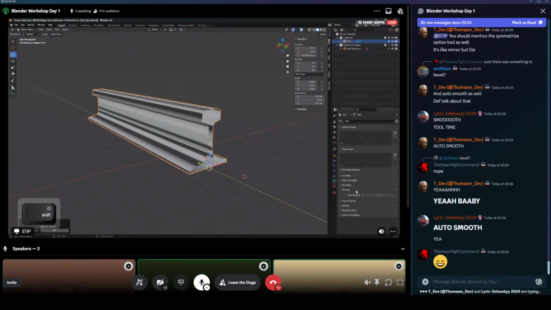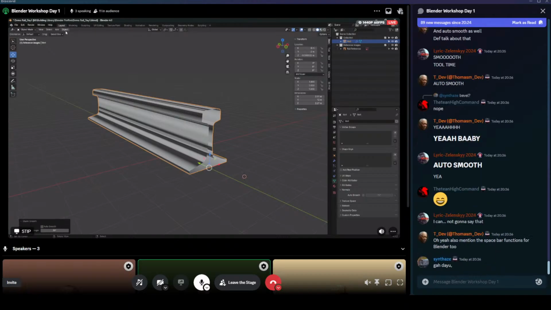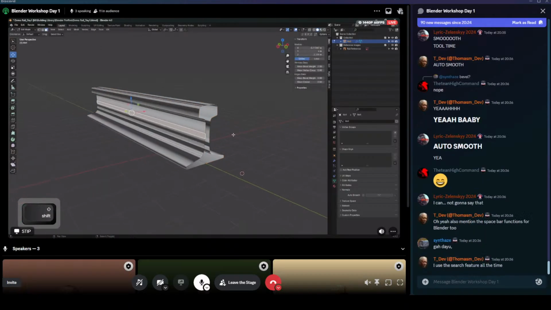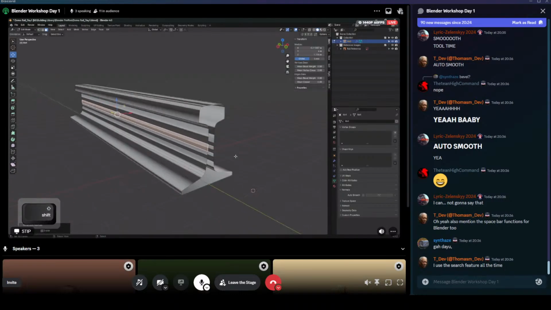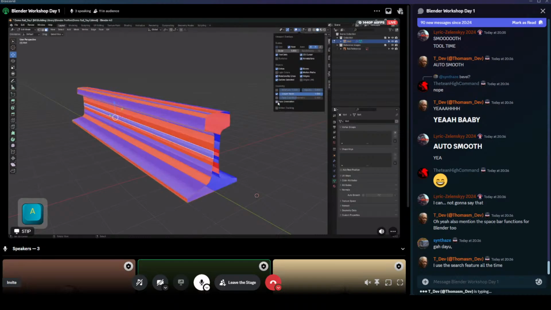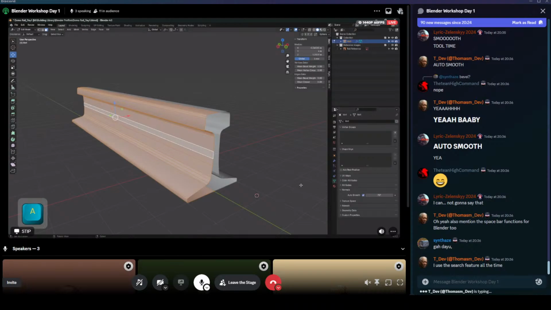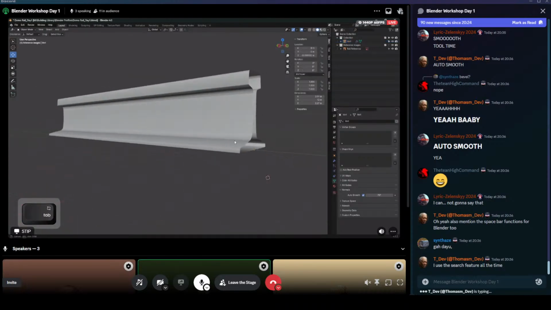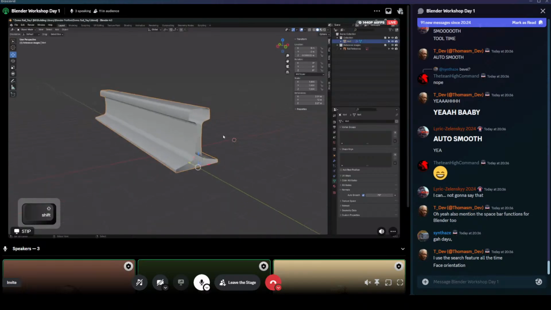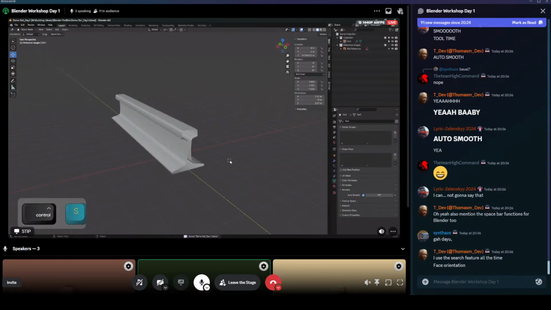Do that and then flip a normal real quick, just to show what happens when that occurs. Like that. But shade auto smooth it because it'll look weird. Turn on auto smooth. Oh wait, it doesn't look weird. Sometimes it'll look weird, but you can always show your normal overlay real